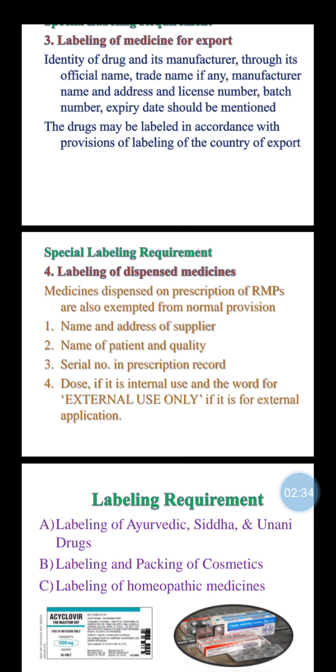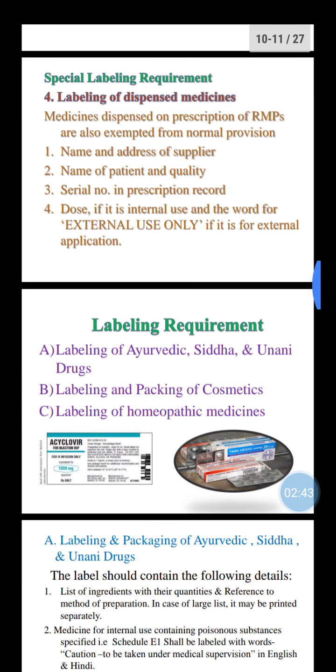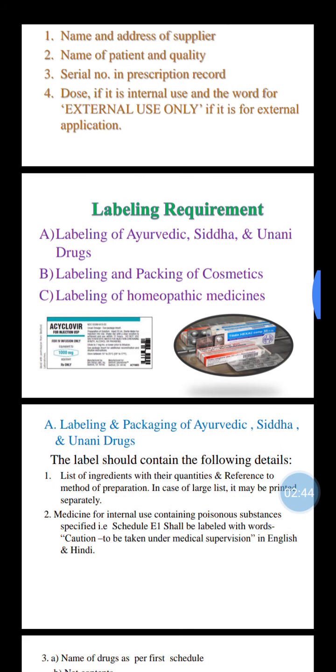Write the words "for external use only" if it is for external application. Then the labeling requirements: labeling of Ayurvedic, Siddha and Unani drugs, labeling and packing of cosmetics, and